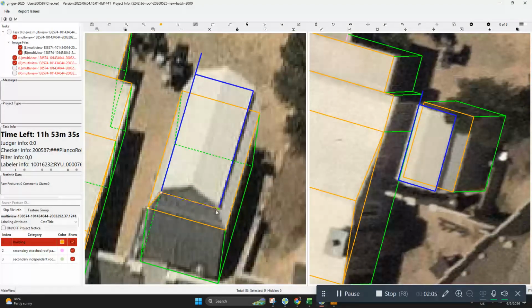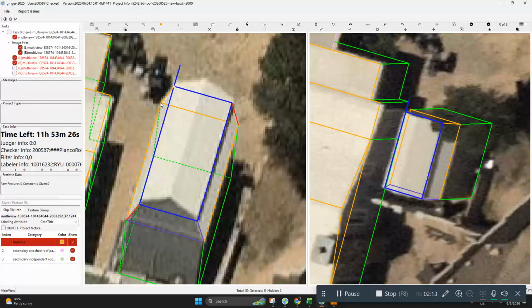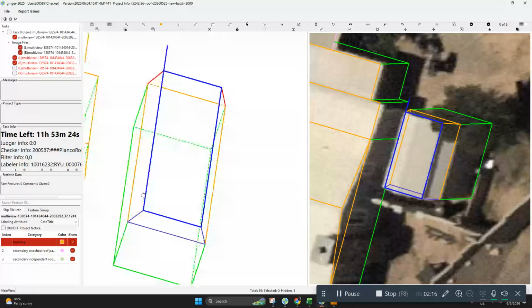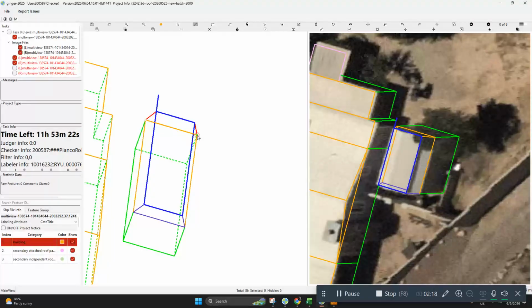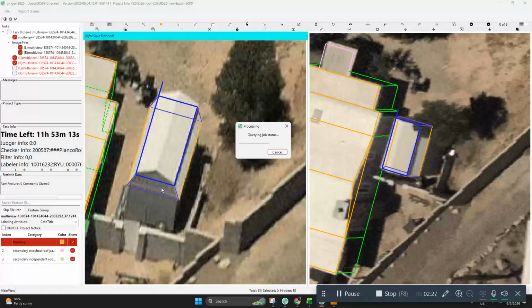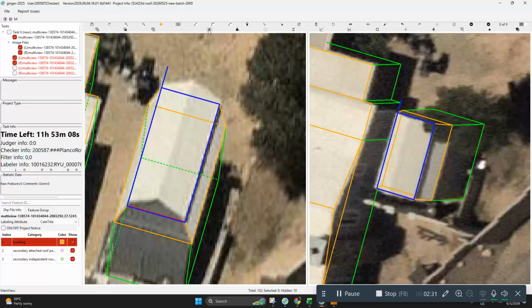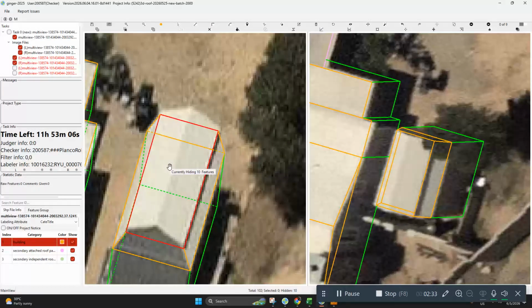Okay, so again, when drawing your panels, slow down. Do not rush. There's a tendency that your panels won't snap. If you notice it's color purple, you can easily fix that. So group and then press F4. The autofix will just fix it for you.